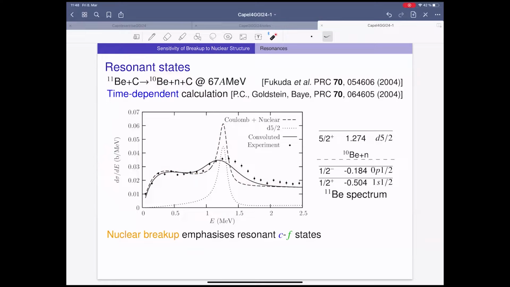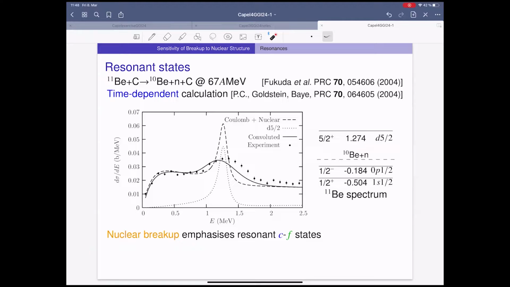So we saw that. That was a few months after my PhD exam, and Ian Thompson from Surrey at the time asked if we could include the D5 resonance, this resonance here in the spectrum. We said, yeah, okay, we can, let's try. And Gerald had barely started his PhD, so we tried to find and fit the potential